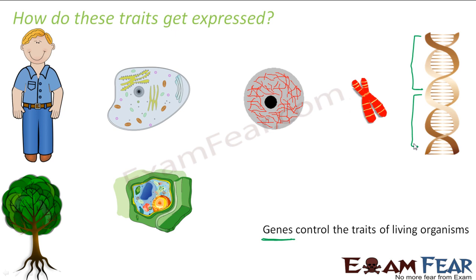Right? So now let us take an example. Let us take an example from Mendel's experiment itself. In Mendel's first set of experiments, we saw that the character which he chose for his experiment was the height of the plant. So he took one tall plant and another dwarf plant. Now, if you look at the structure of a plant, on what factors does the height of the plant depend?